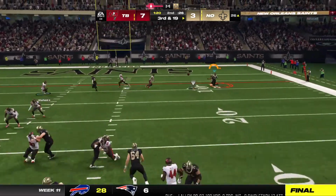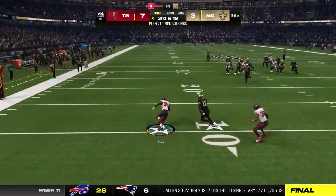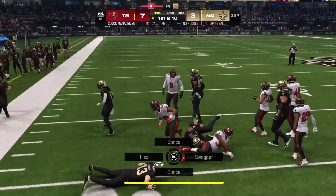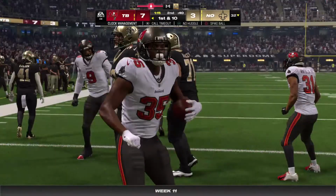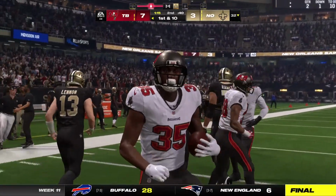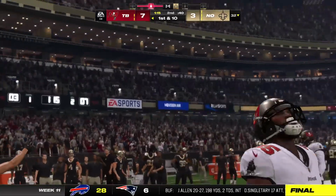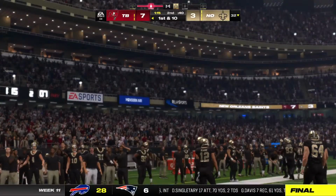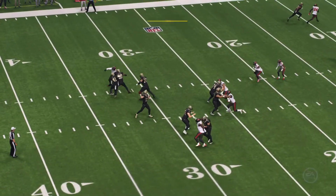On play action, they'll throw. Oh, it's intercepted. A drive killer there. Picked up by Jamel Dean. And the Buccaneers are going to have it here at their own 32-yard line. That pick hurts a little extra because it was 3rd down. You were already in field goal range. You know what he's going to hear all night, all